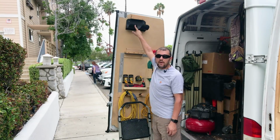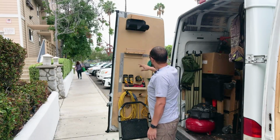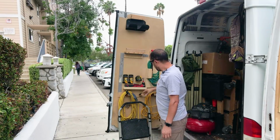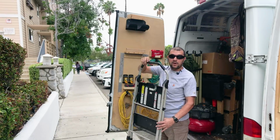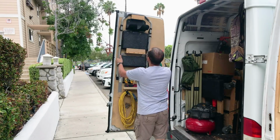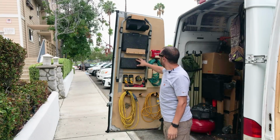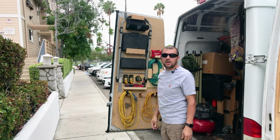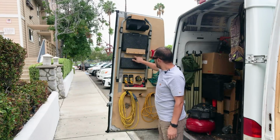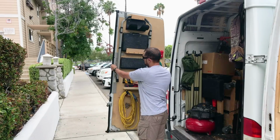I got it from Fast Cap to hold the trash bags, and these 2 L brackets are for holding the step ladder. It just goes like this. That's it, and it doesn't move, it doesn't go anywhere, and it's available for us right away. I also did another little clip over here to hold the square. It just slides out